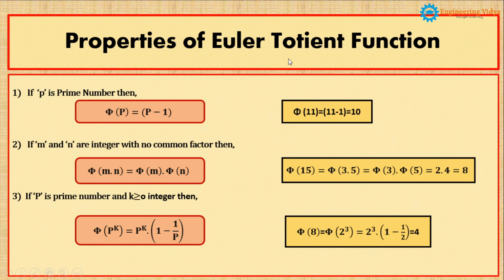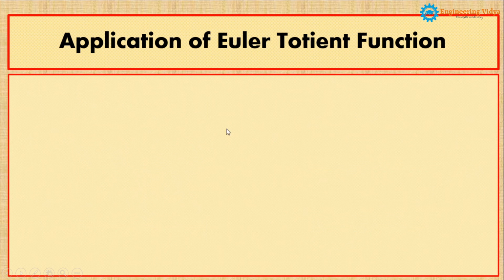So these are all the properties of the Euler-Totient function, and these properties are very important. They can be understood better when I go into the problem solving part, so we'll have to wait for some time. Since we have studied three properties, property 1, property 2 and property 3, I hope all the properties are very clear to you. Now I'll see what the application of the Euler-Totient function is, and where it is applied.